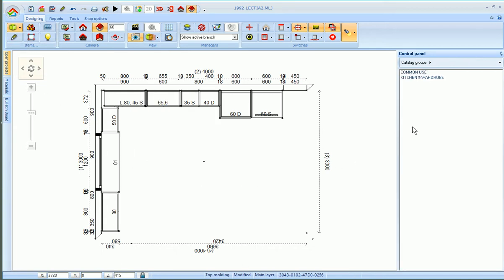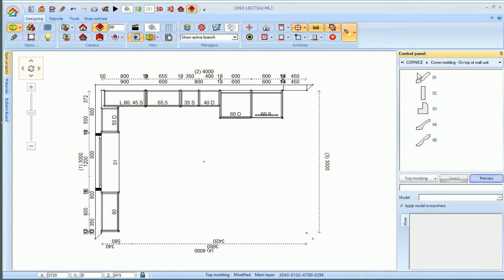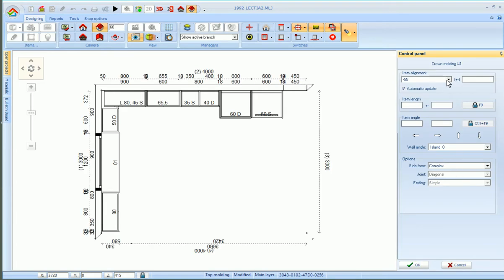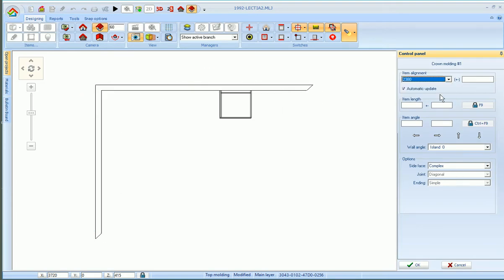From the control panel we select Kitchen Wardrobe, Corniche and Crown Molding. Here we have different models. We choose one of them, we select it, we define the alignment,